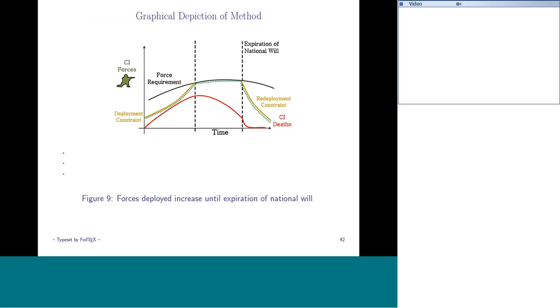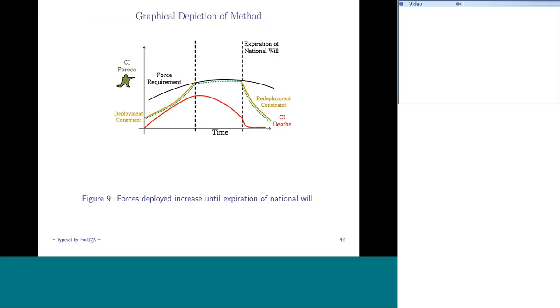And then the idea is that after we look at the theories, which should also tell us something about the variables we have to put in the regression model that are going to determine something about the number of forces, we use this little graphic here to say, yes, we're going to send certain forces based on the requirements, and so we have some notion of how we're going to increase and then decrease forces.